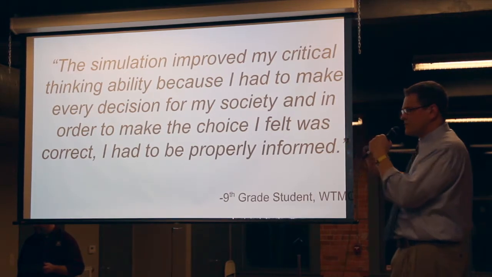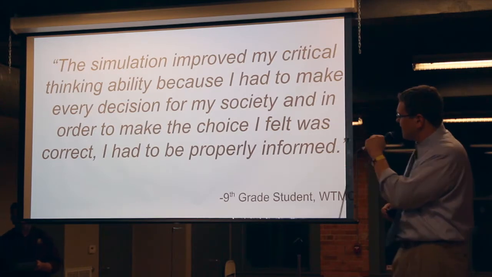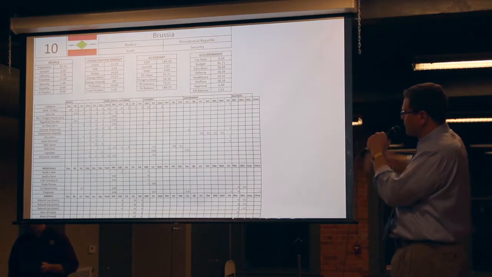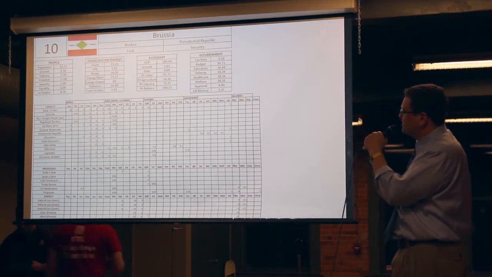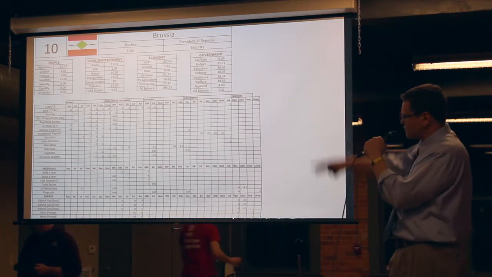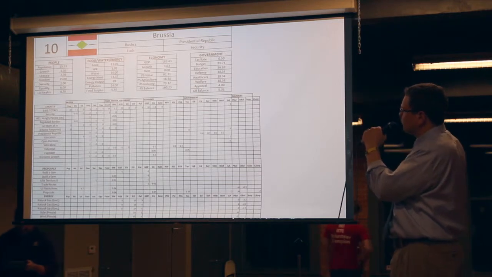As students start to make these decisions, they become very invested in how this will shape the outcomes of their societies. And it gets a little sophisticated. The first year we did it, we were tracking all this stuff by hand. And the last year, I tried to develop a spreadsheet model for tracking these different decisions they were making. This young lady, her country was called Russia.